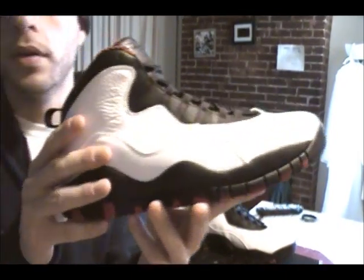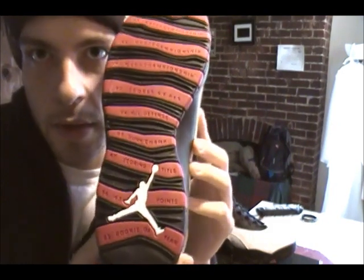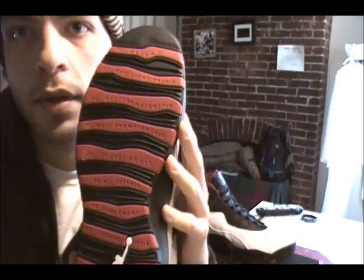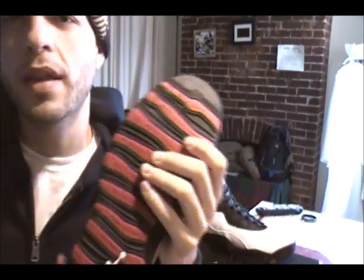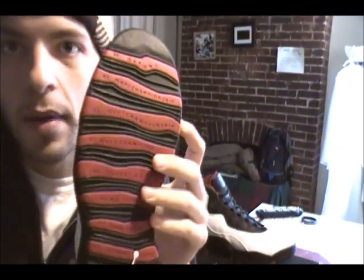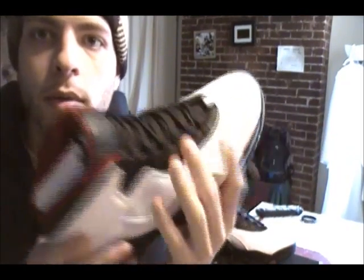different too, but I've never owned a pair of OGs. So we got the bottoms, which has all the achievements on them, and I'm not going to read all these achievements. Look at the pictures online. It goes from 85, which is whenever he started tearing it up, really, his rookie year. Just started bananas, but anyway. And then up to 94, which I think, and you can correct me on this, was the year that he retired. Well, first time he retired, and then went to play baseball, and then whenever he came back,